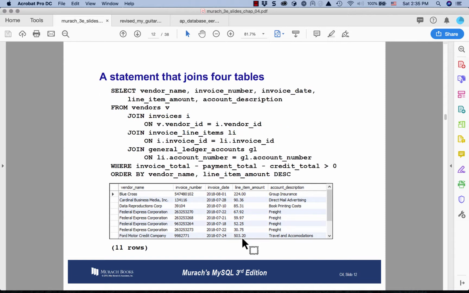Now, a statement that joins four tables. Wow, that's a lot. Well, this is time for us to look at some other graphic to really understand how we can join two or more tables. So what I want to show you, and I've already included in this particular semester, I think I put a copy of the